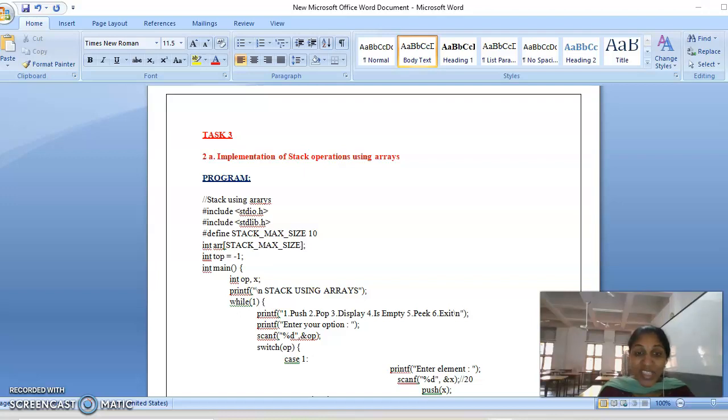Push is nothing but inserting the element into the stack. Pop is nothing but deleting the element from the stack, and display is nothing but whatever elements are there in the stack will be displayed. Okay,